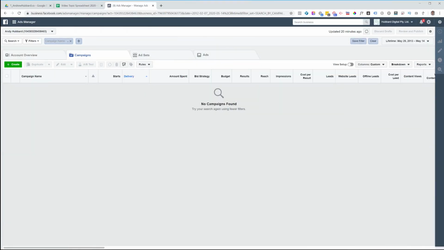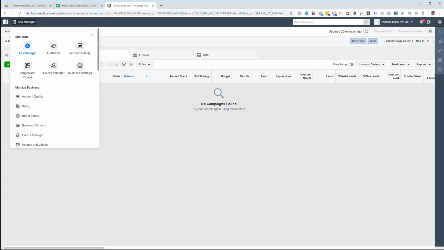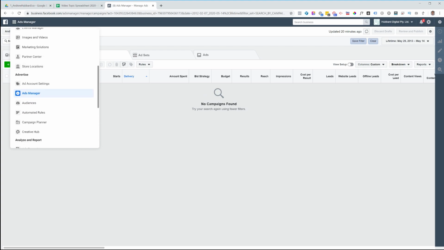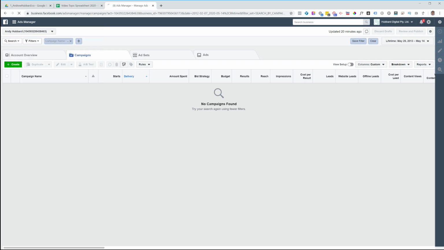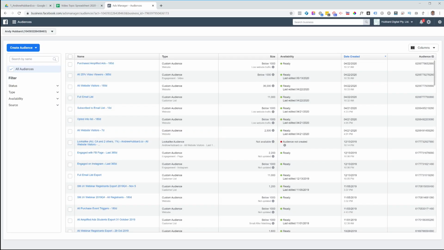So once we're in the Facebook ad manager, the first thing that you're going to want to do is go to the audiences tab. So you click up here on the menu and you can go audiences. Mine's here as a shortcut. If you don't see it, scroll down to audiences just here and click on audiences. So I'm going to show you first as an example how to do it with a customer list. So step one of this is to go and create